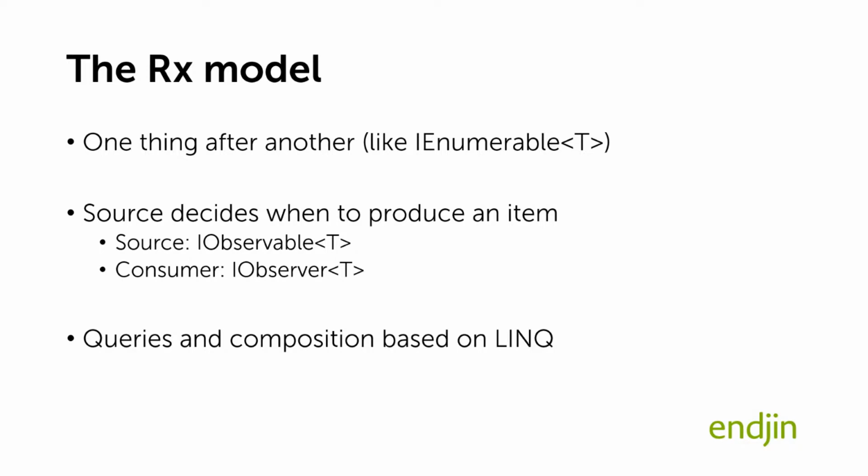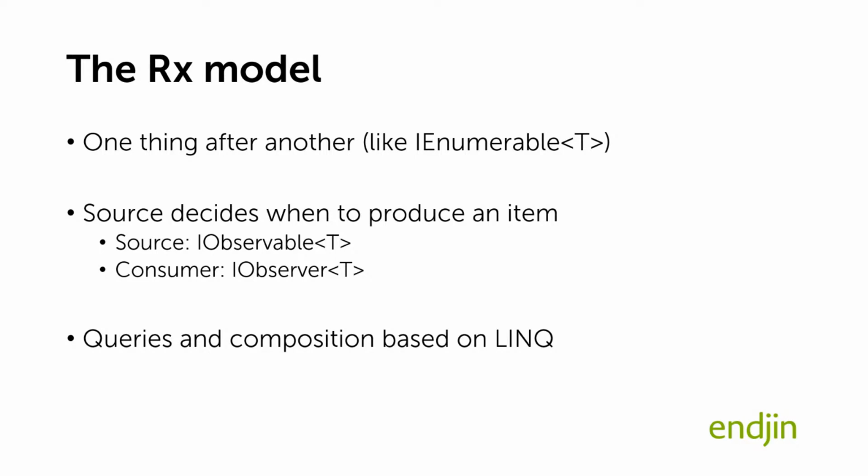Those things might be timestamps, they might be measurements of a temperature, they might be atmospheric quality monitoring, they might be key presses, they might be cars driving past a beam in a car park. It could be any event, and they just happen one after another. That's the basic programming model. So conceptually, it's not very different from an IEnumerable of T. It's just a sequence of things.